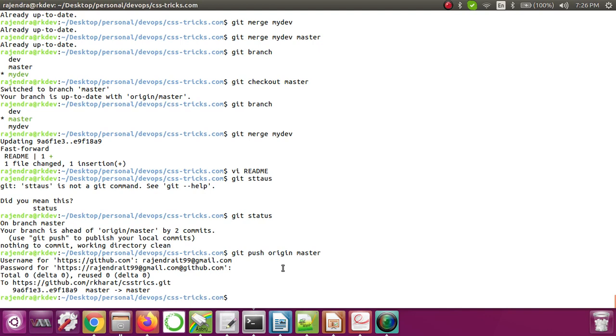So that's it in this video. What all we have covered: how we can do git tagging, how to see logs, how to see multiple commits, how we can revert those commits, how we can reset those commits, then how we can create multiple branches, and how to merge those branches into your master branch. So all this we have covered.